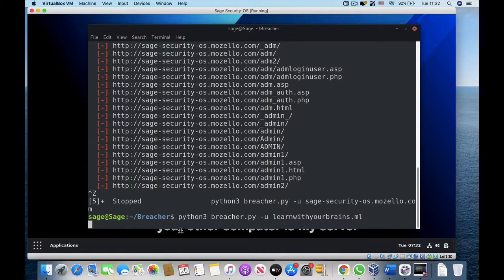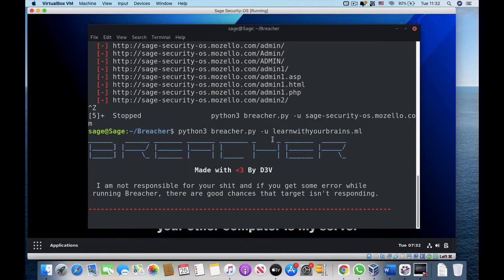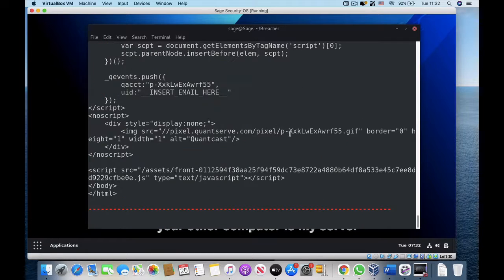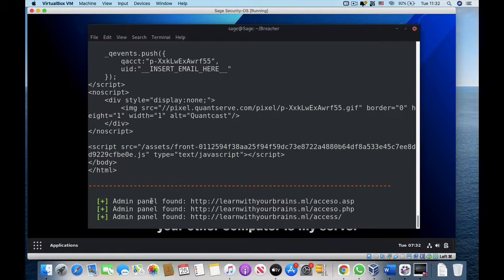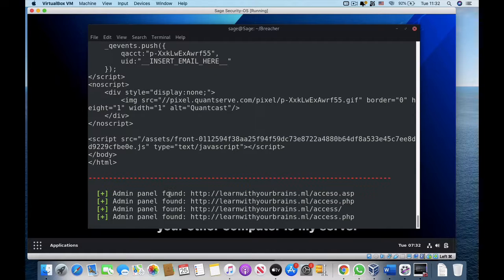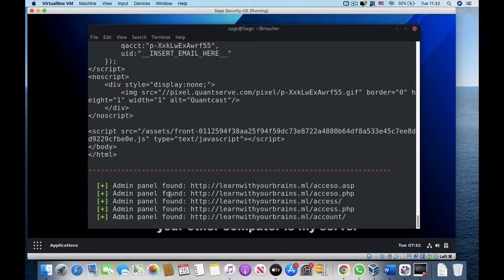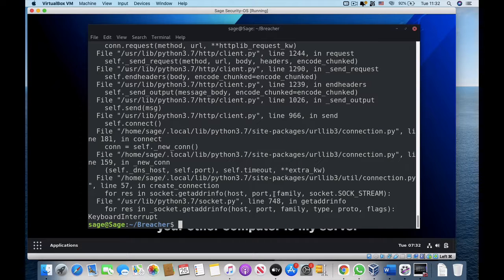Now let's see what happens. So the moment we type this, it starts running through, and look, we want this admin panel found. It's trying to find a whole lot of admin, but I need to stop this. Ctrl+C. So actually that is how we use Breacher to find hidden admin panels on every web page,